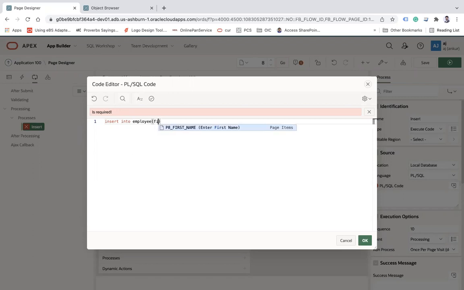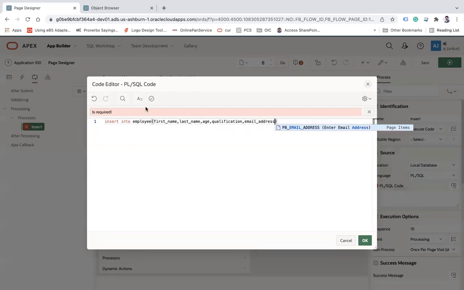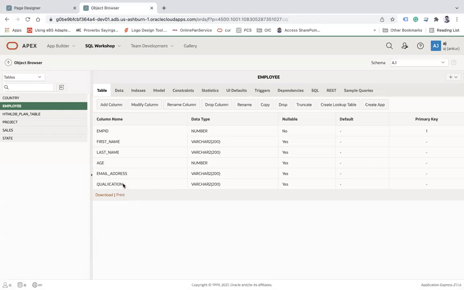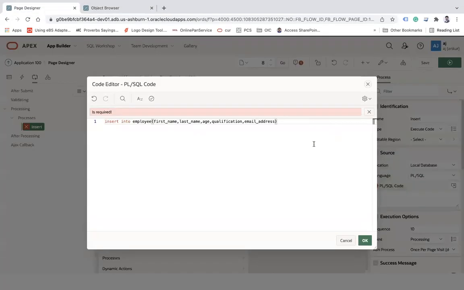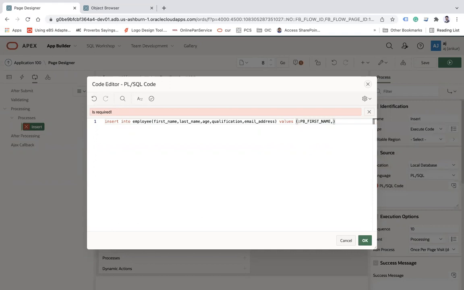And then I need to put all the columns like first name, last name. These are the column names of my table, age, qualification, and then email address. Okay, so make sure you will provide the exact column name, and then values, and all values I will take from these variables which we have created.